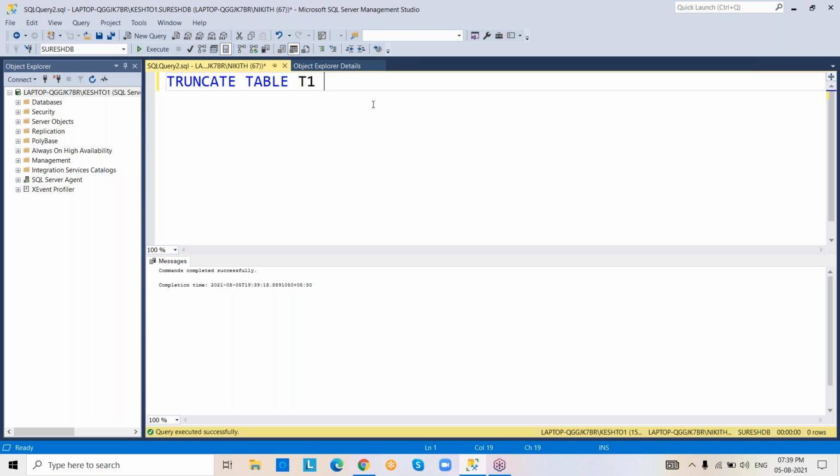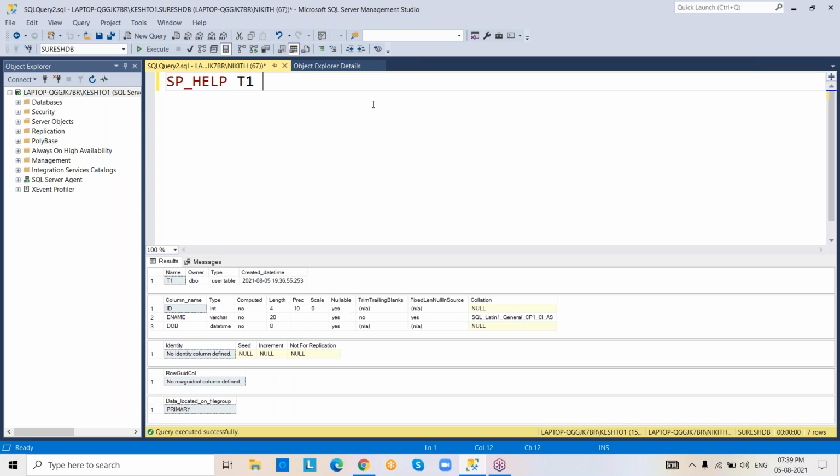So now, anyhow, the truncate command is executed. Now I'm going to check whether the structure of the table is deleted or not. sp_help table name. See, that structure is there only, the structure is not deleted. Table name, when it was created, column names, data types, everything is there.